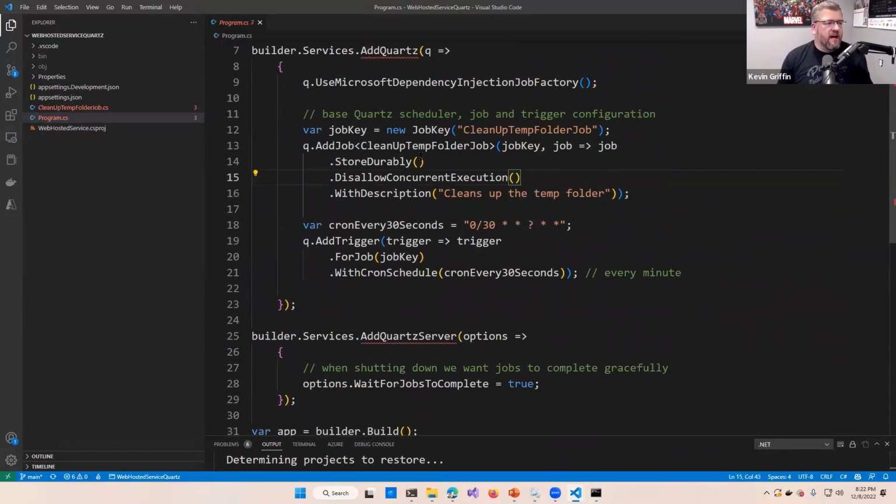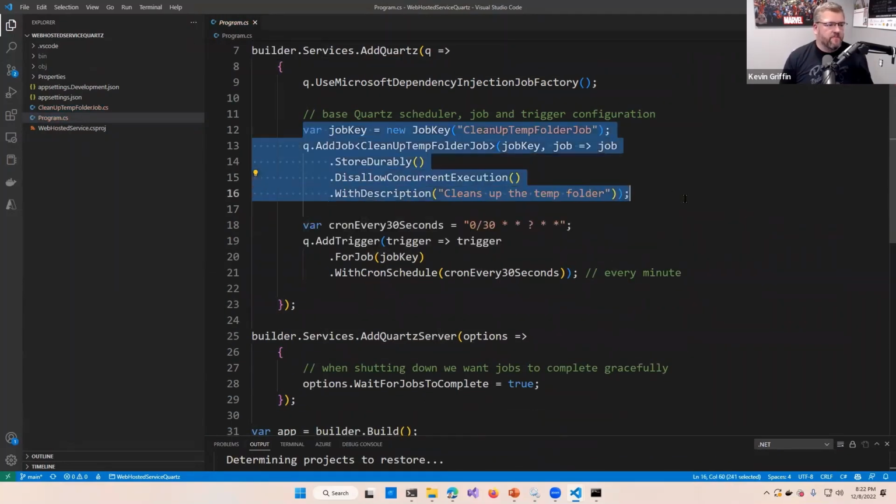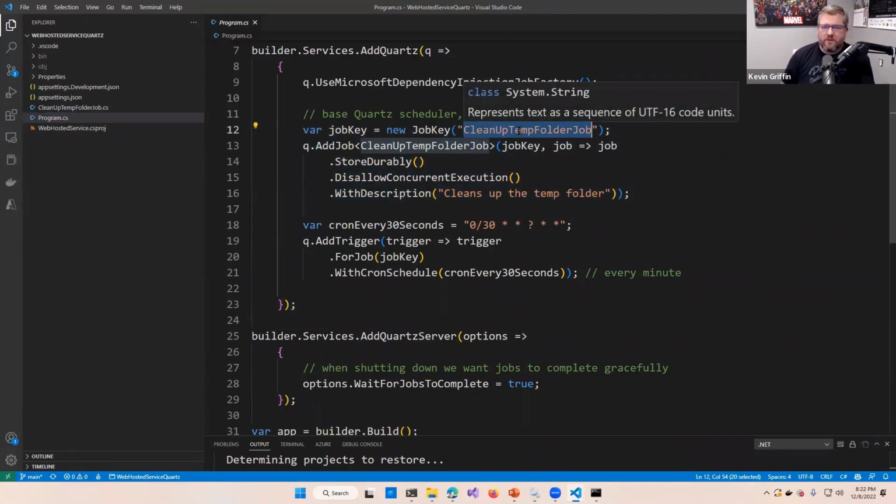Let's take a look. I create a new job, which tells Quartz that I'm going to give this a simple name that I can use anywhere in my application. So maybe there's somewhere in the app, someone does something and I want that to trigger a job on my behalf, I can use a magic string name to identify what work I want to see done. Whenever Quartz sees that key, it's going to go instantiate the cleanup temp folder job object, and it's going to